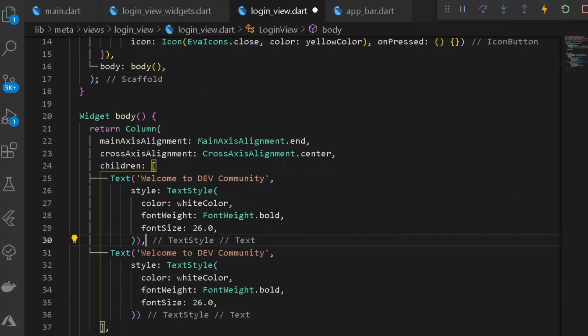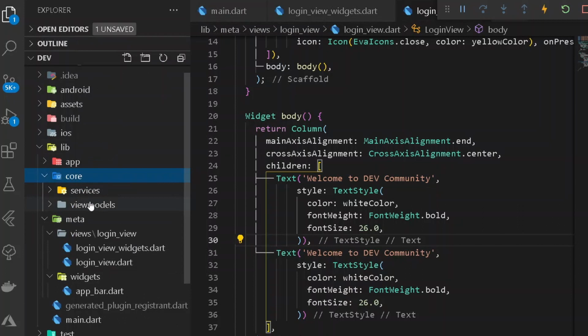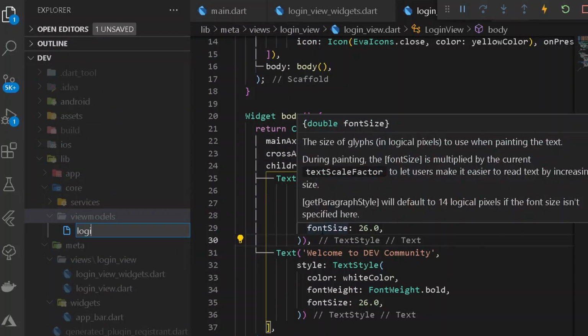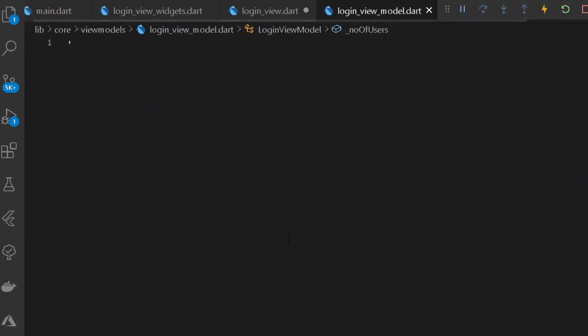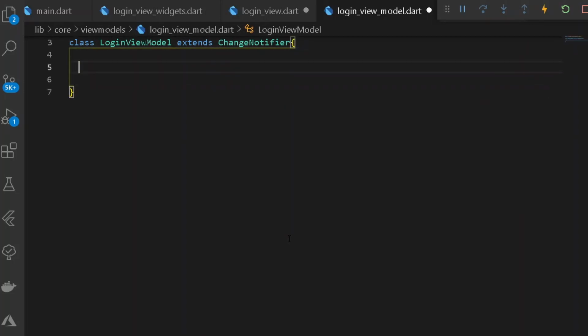Now here, to make the following service happen, we can go under our entire core folder, and under our view models we shall be creating a new view model. So here let's have a new view model of login. Under our login view model, let's have a new class of LoginViewModel, and the following class shall be extending ChangeNotifier, because we are using Provider as the main state management tool of our